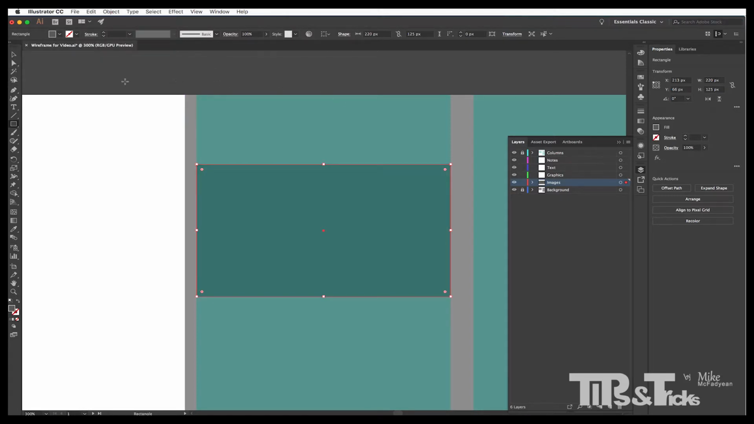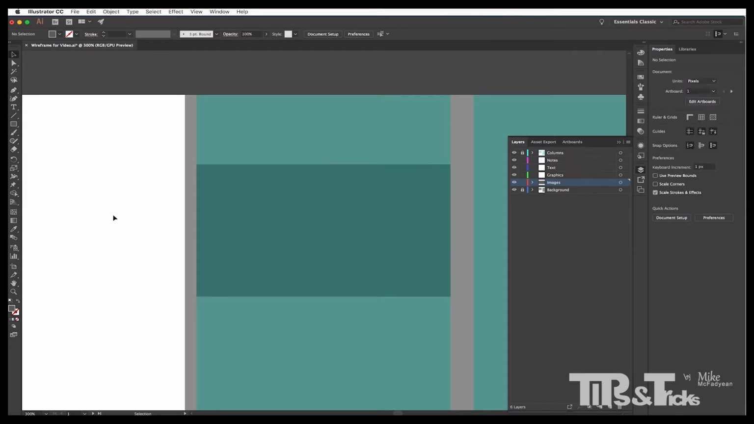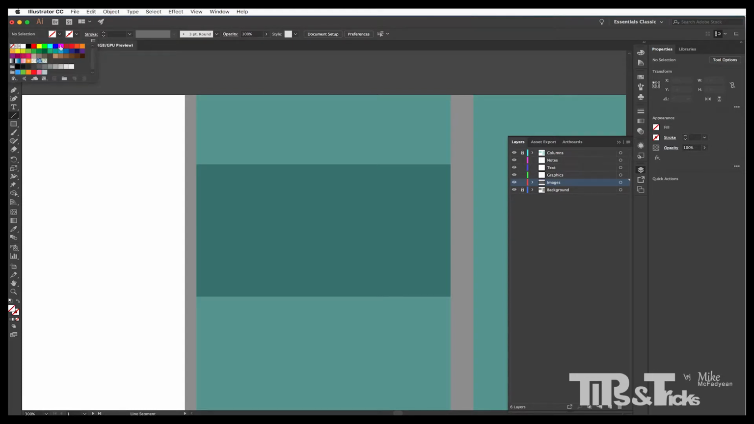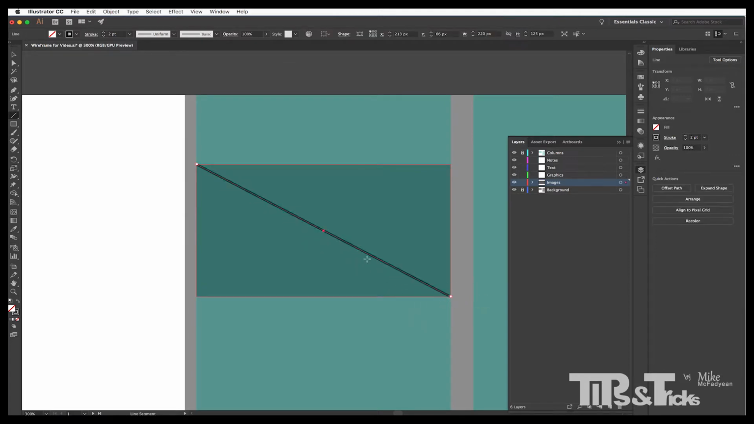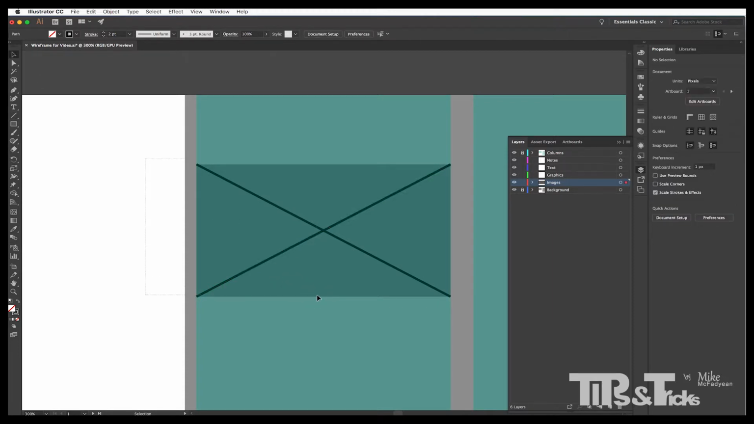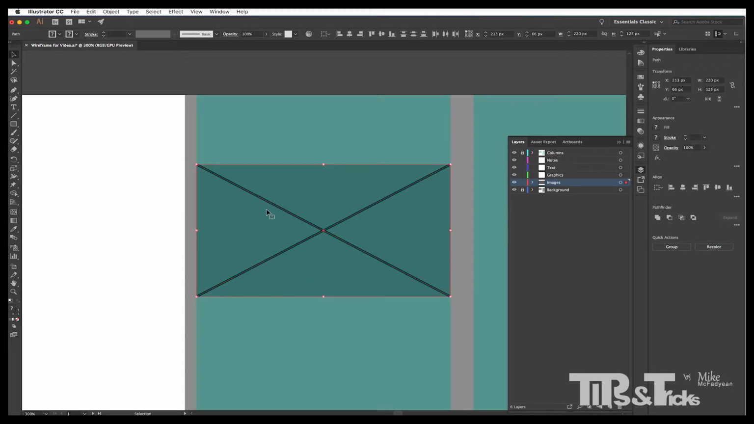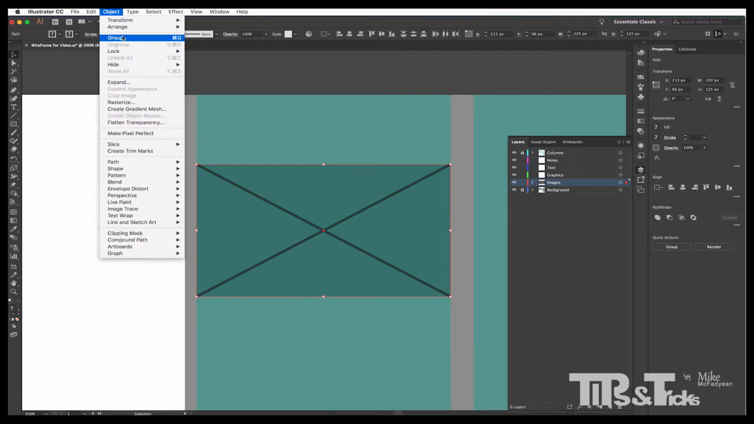Okay, and then I'll deselect it and then I'll take my line tool and set my line tool to have no fill and a black stroke, and let's set the stroke to 2 points, and then I'm going to just draw across like that and that. Okay, I'll select those 3 objects, the rectangle and the 2 lines, and group them, so Object, Group or Command G,